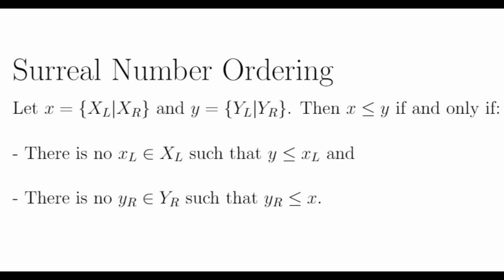2 is less than or equal to omega can be demonstrated by examining their corresponding forms. For the first part of the definition, note that 0 and 1 are both less than omega. For the second part, the right set is empty, so it is vacuously true. Therefore, 2 is in fact less than or equal to omega. To show the inequality is strict, just reverse and demonstrate that omega is not less than or equal to 2. This is true since the left part of omega contains the number 3, which is not less than 2.